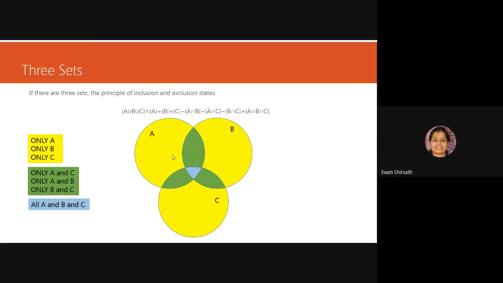Okay, so when you want to calculate two of them, if I ask how many students are learning exactly two subjects, then you will be adding these green portions. Okay, I'll be telling you how to calculate these yellow, green, and blue things. And when we say how many students are learning all three subjects, then we'll have this value in this blue portion. Okay, is there any doubt in this one? Two sets and three sets, how it can be calculated using this Venn diagram that I am explaining to you right now. Is there any doubt?